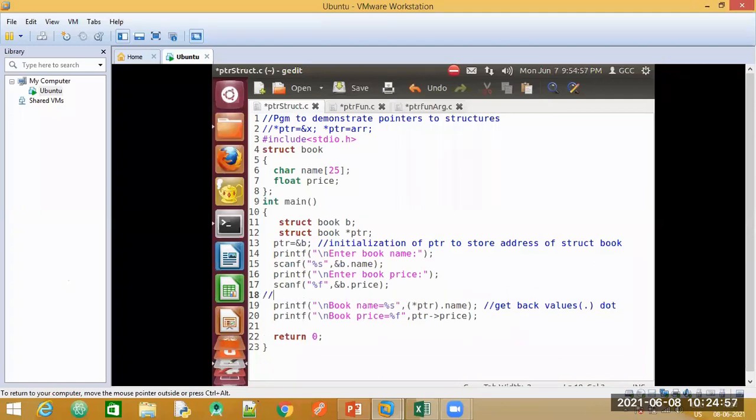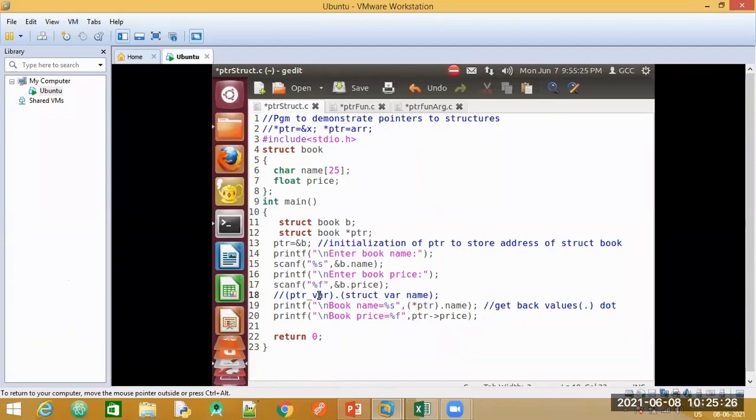Let me write here in comments. I need to specify my pointer variable, followed by the dot operator, followed by the struct variable name.